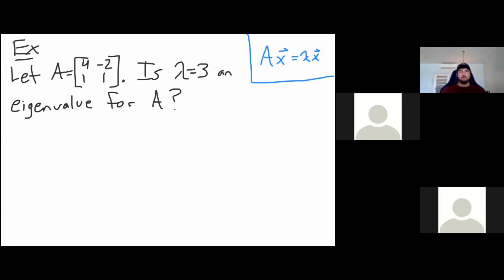So the first step in trying to answer this question is I need to be able to plug that in. I need to look at this equation, A times x equal to lambda times x, and I'm going to replace that lambda with a 3. So Ax equals 3 times x. And then my goal after that is to say, okay, can I find a vector that's going to make this work? Can we find an x